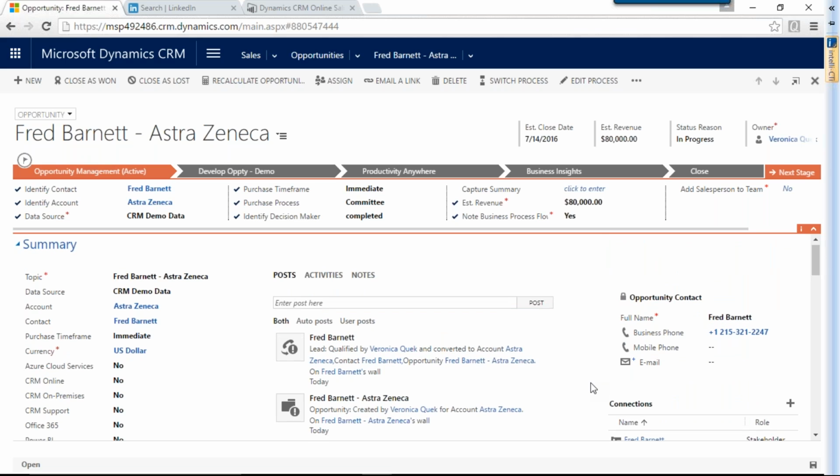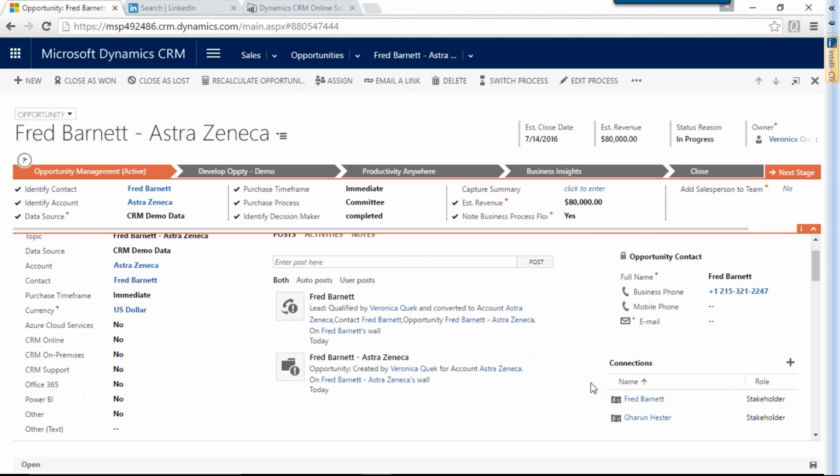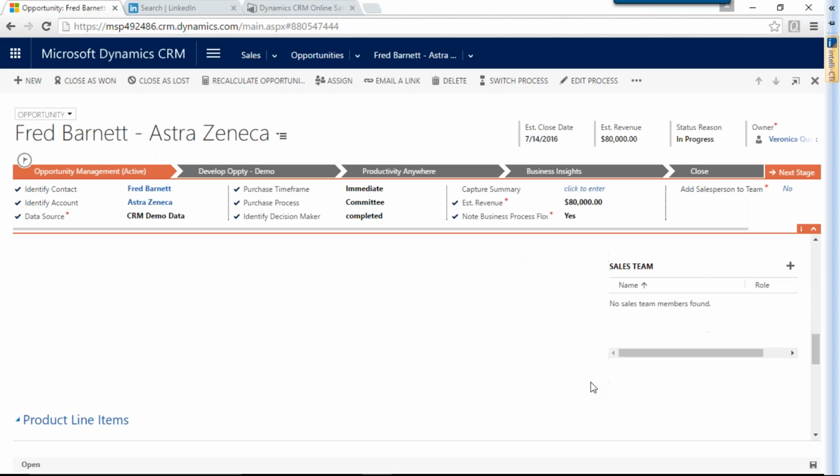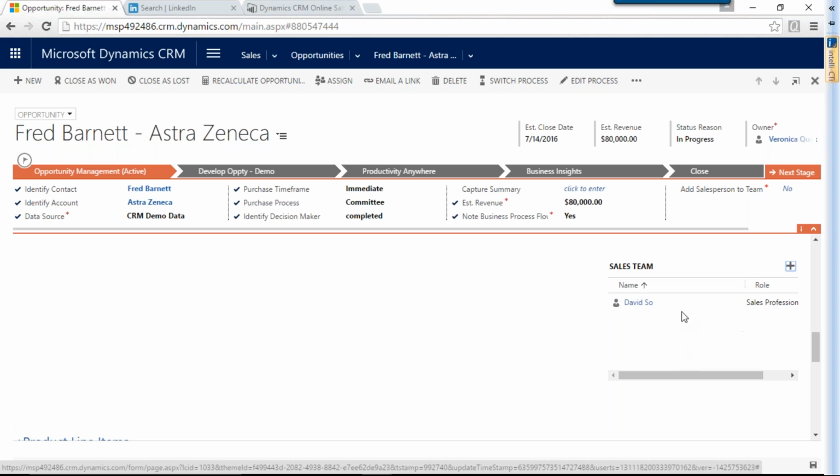And if it's Pennsylvania, then it should be one certain salesperson. So depending on what territory they're in, Pennsylvania, New Jersey, then we're going to add somebody to the sales team. In this case, they must not have had a full address populated because the sales team person didn't populate. But again, that's a kind of workflow that can be used to automatically assign